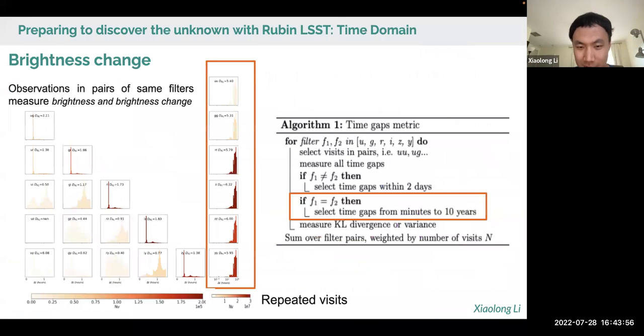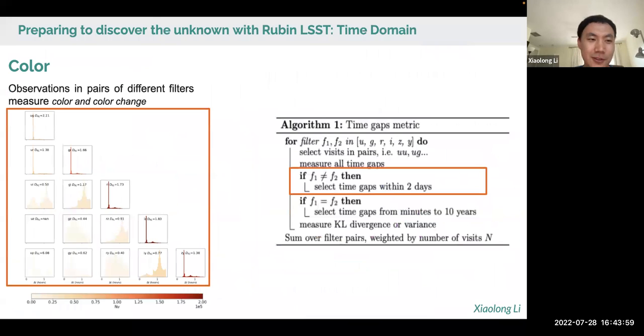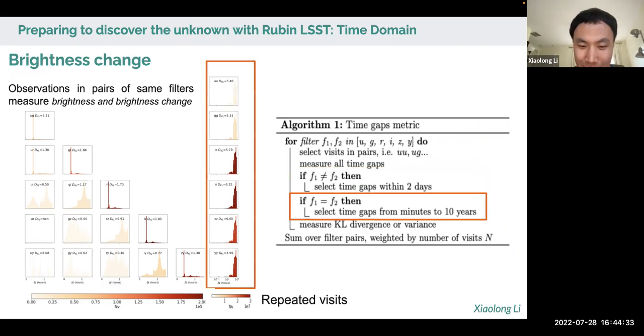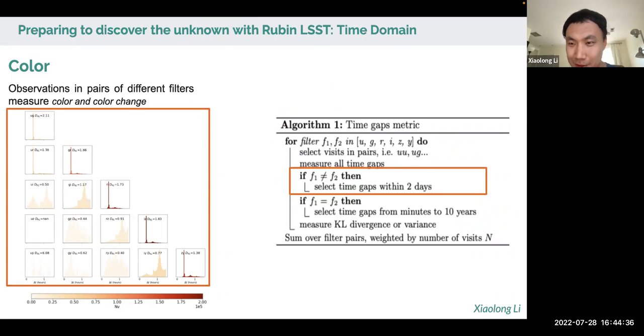Okay, yeah, very good question. For the LSST, we have only six features, therefore the color is explored by only combinations of two features. If we have other facilities available, it would be very interesting to explore other combinations, combined with features from other facilities, to consider the measure of color and brightness. This might be an interesting project to look at.